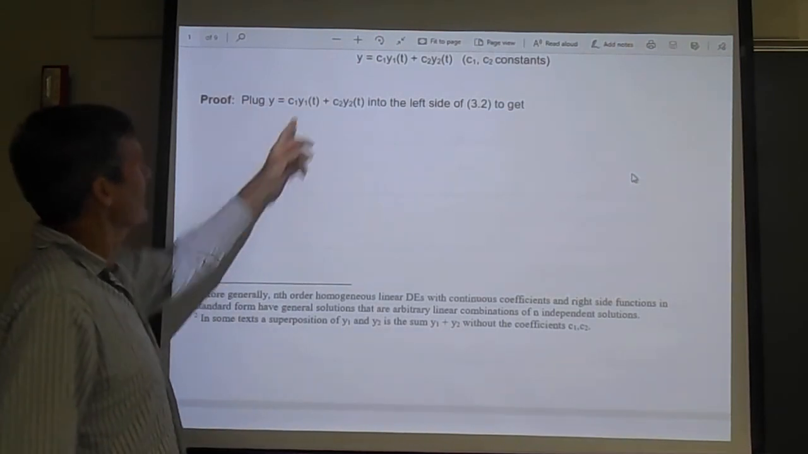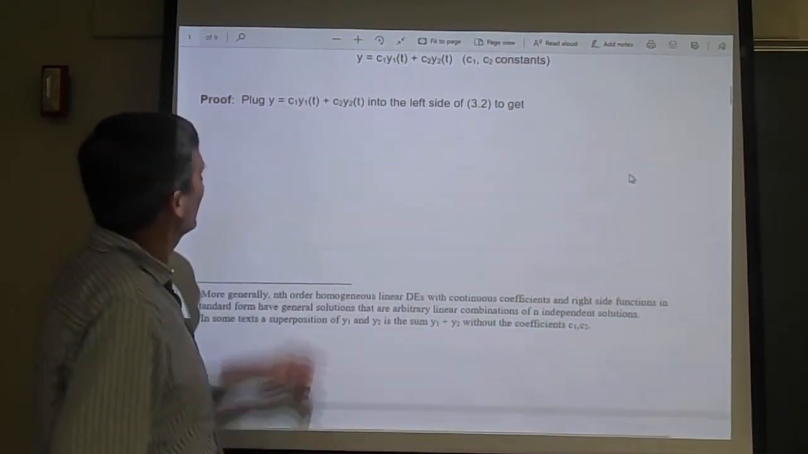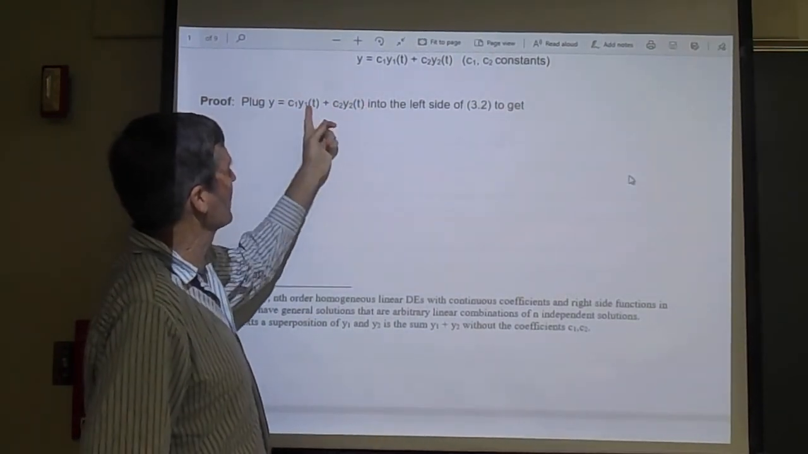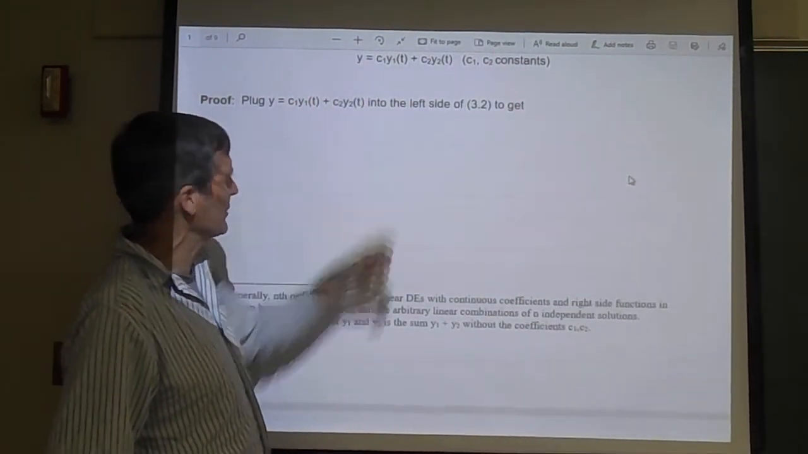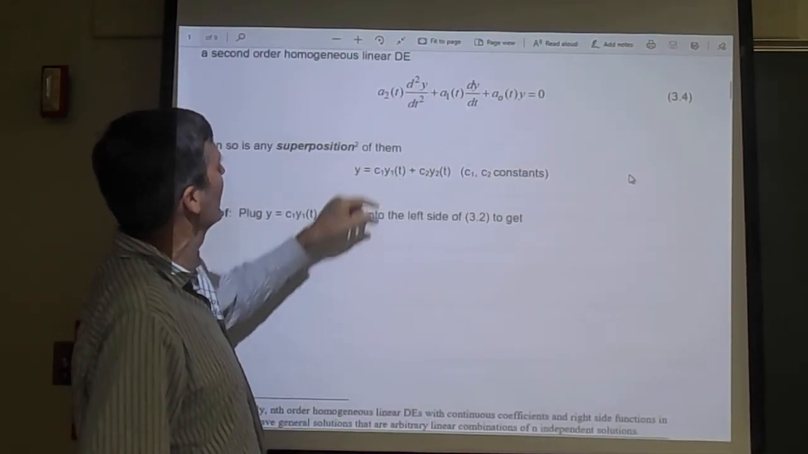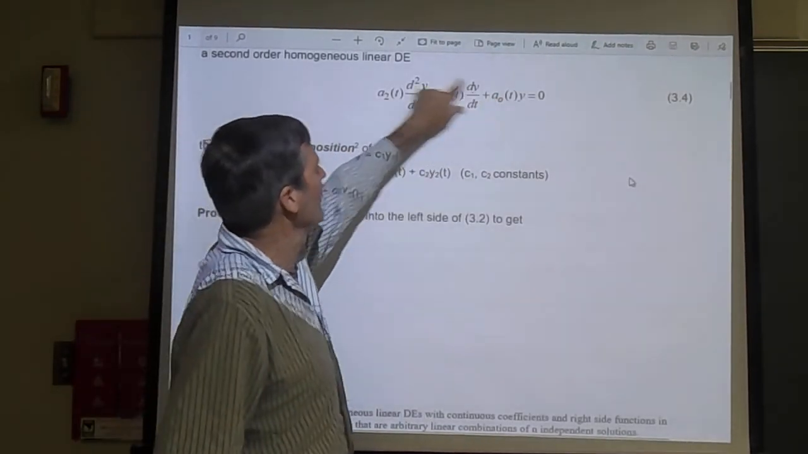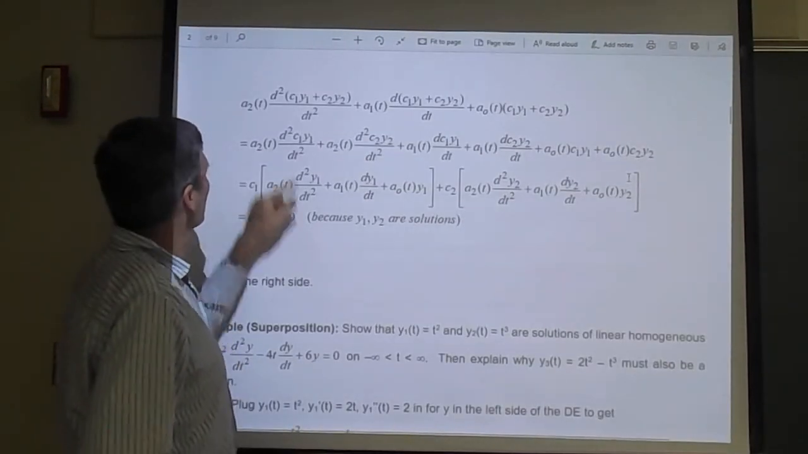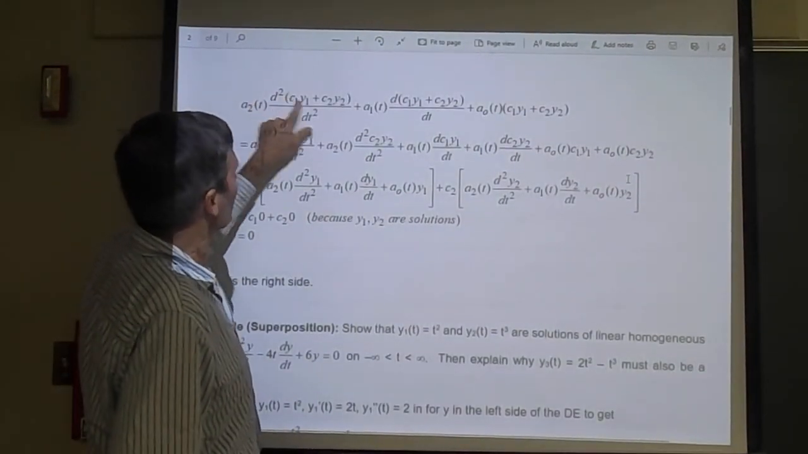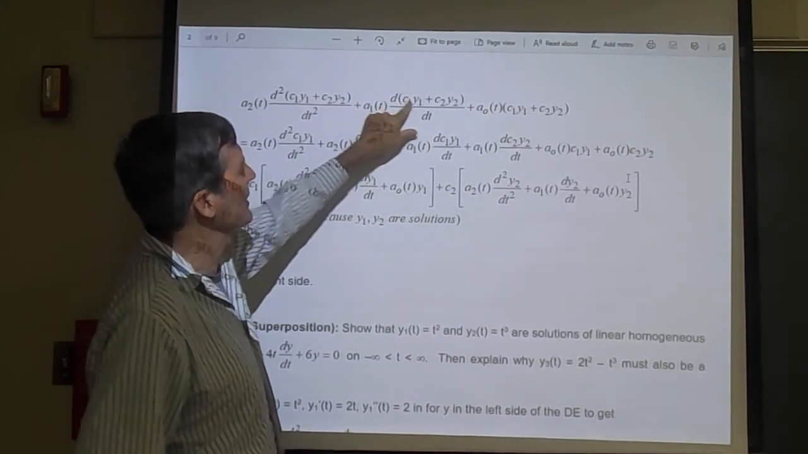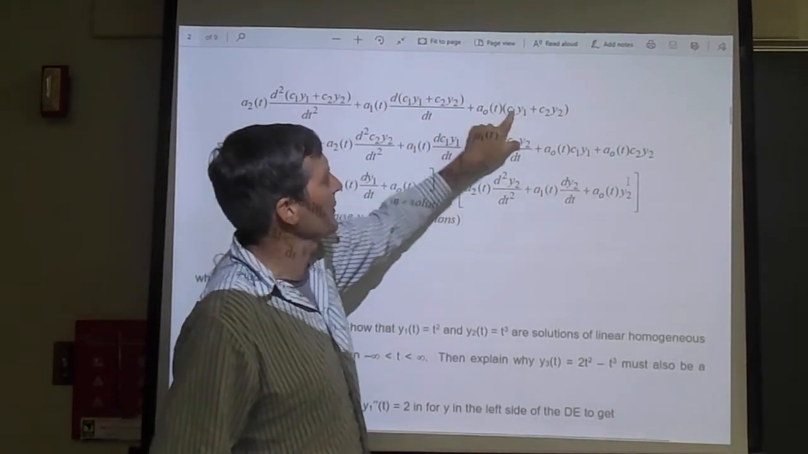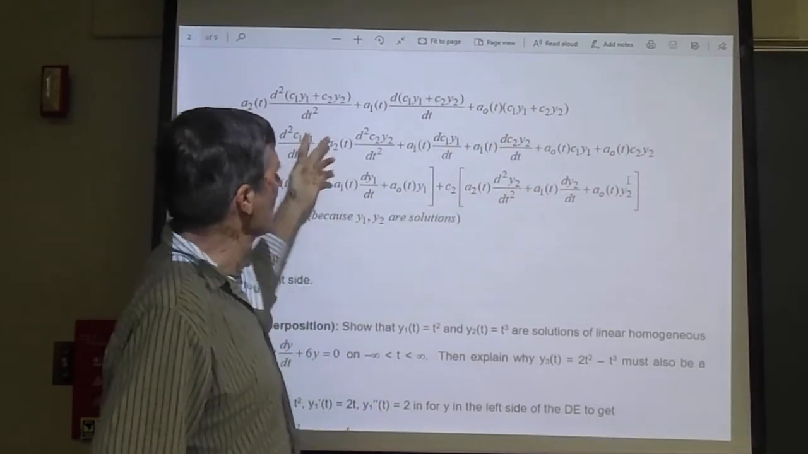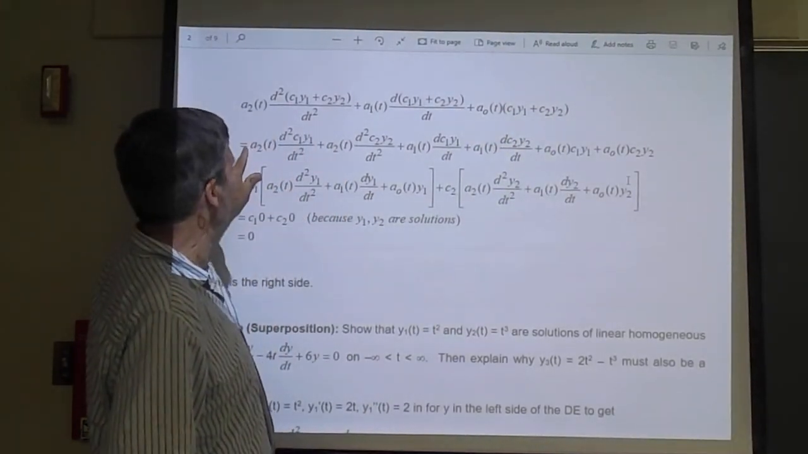Here's the proof. You simply plug it in. You plug in y equals c1 y1 plus c2 y2 with the assumption that y1 and y2 are any two solutions. And if you plug it in on the left side of this equation, then you get this. You get a2 of t times the second derivative of y plus a1 of t times the first derivative of y plus a0 of t times y on the left. What is that equal to? Well, it's equal to,